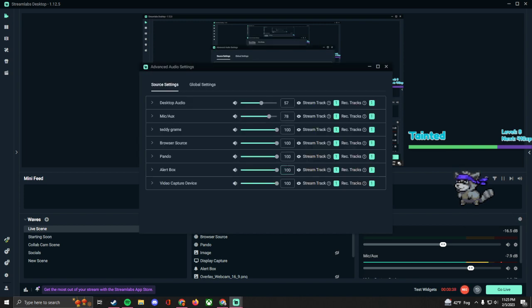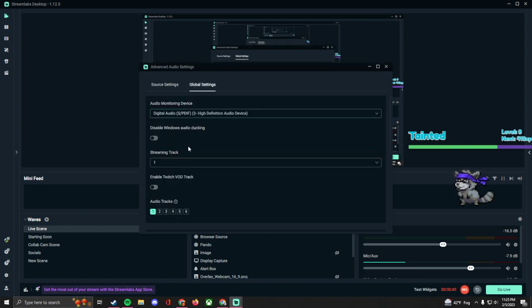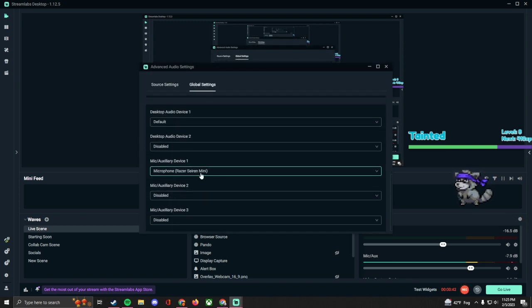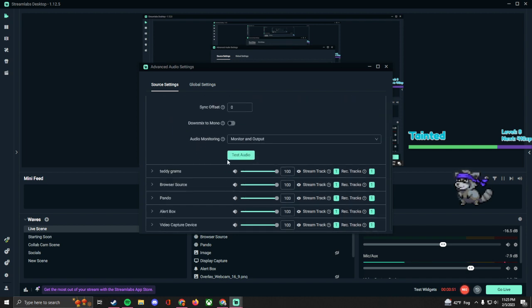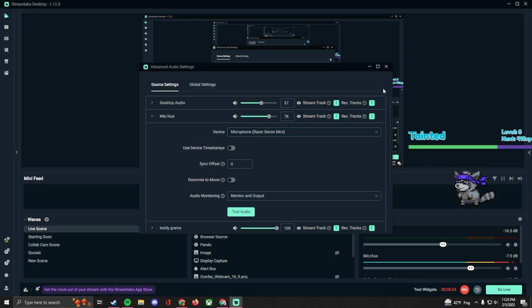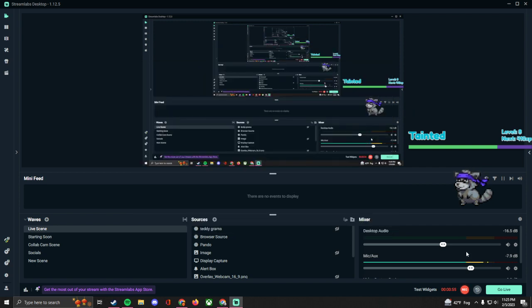So basically you go to your settings and you will add a sound setting. You can mess with this. If this doesn't work, then you will go here, you go to your mic, and then you can test it. If it's still not working, make sure your mic's plugged in, step 1. But you can add like